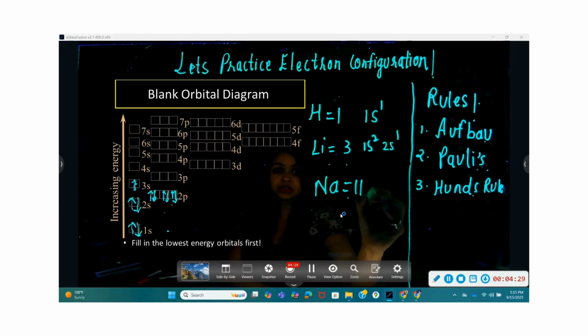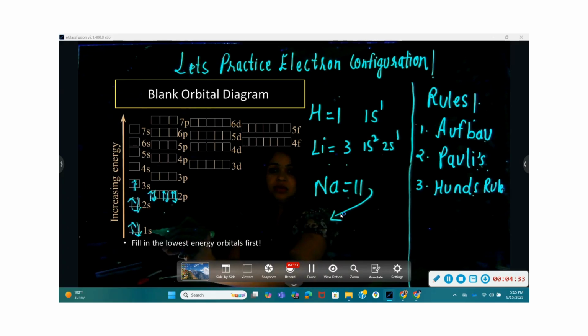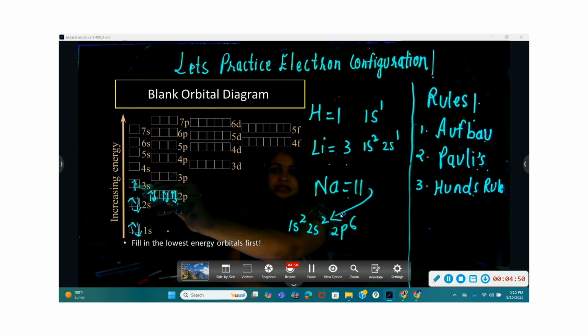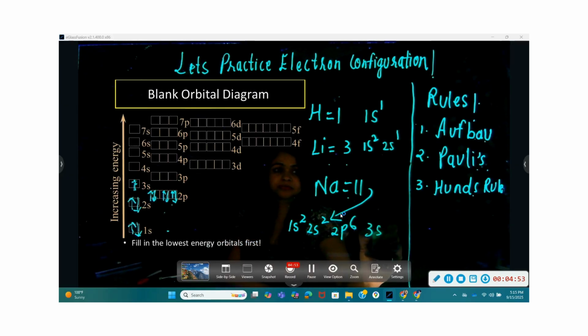So let's write down the electron configuration for sodium. That's going to be 1s2, 2s2, 2p with a total of 1, 2, 3, 4, 5, 6 electrons, and then 3s, only 1 electron. Again, we can add those numbers on the top and see if that equals